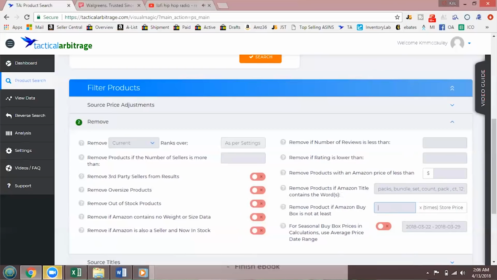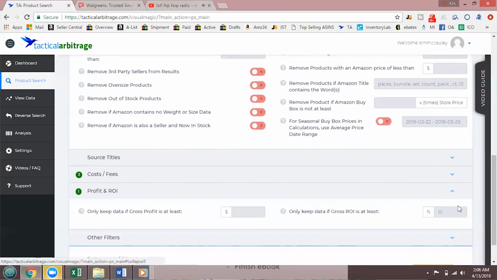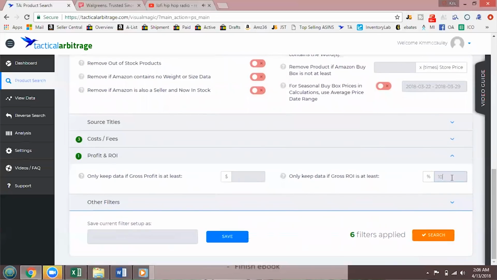And the last thing that I want to cover is I always enter in at least a gross profit percentage of a certain percent. And I always keep it lower. In my videos, you guys know I don't like to source products that have an ROI, return on investment, under 45%. The reason I give is that in case the supply overruns the demand, it gives you a little bit of a cushion for profit.